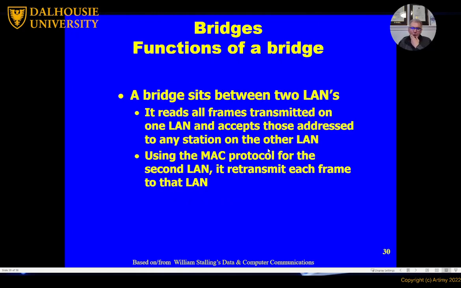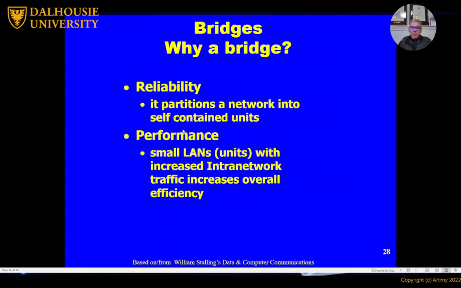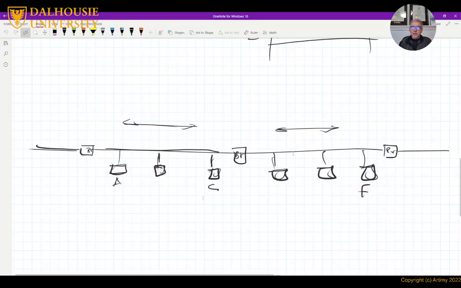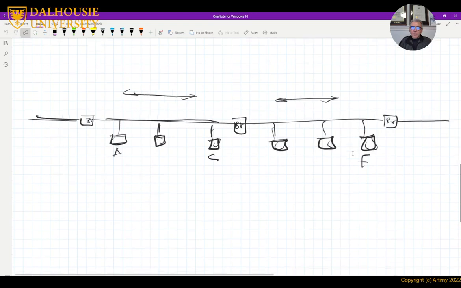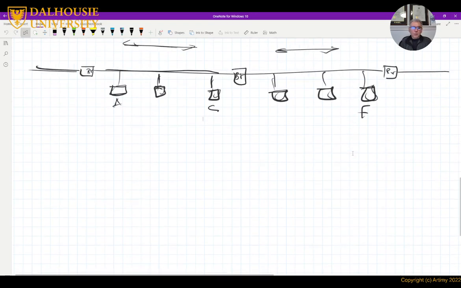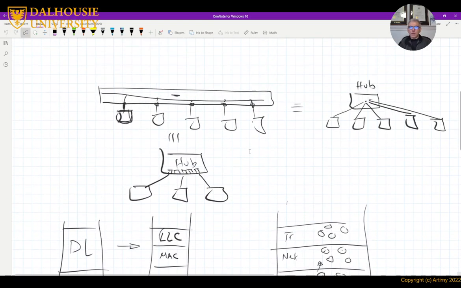So what is the issue here? What we talked about: reliability. What does it mean to have reliability? There are actually two reasons why the bridges increase the reliability. The first one is, back when the network was a bus network and something happens, there is a disconnection somewhere.